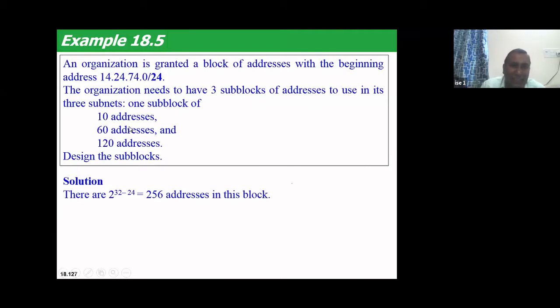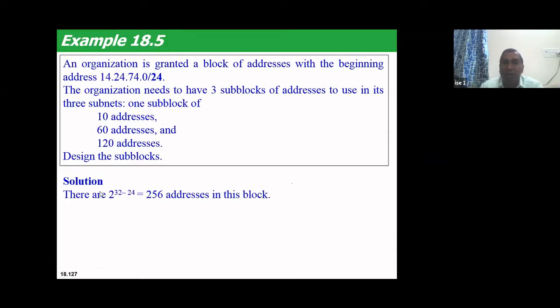See, these are the 3 sub-blocks. He has taken the major big sub-block as the first subnetwork, because this is the major requirement. Always you start with the largest number of network addresses. Though the order is given like 1, 2, 3, while designing the subnetwork you should take the highest number of addresses required first, then the next, and this way your design becomes efficient. Only the starting address is given, but I don't know how many addresses have been allocated to this particular organization.